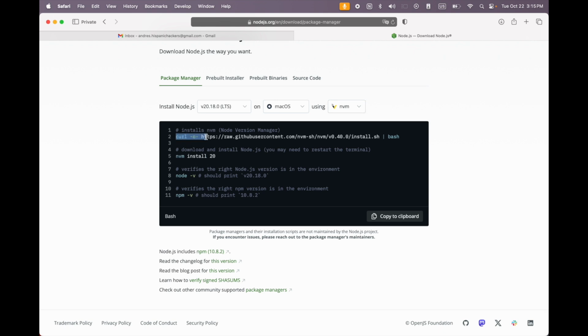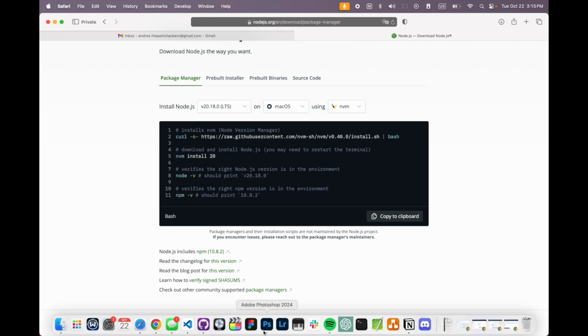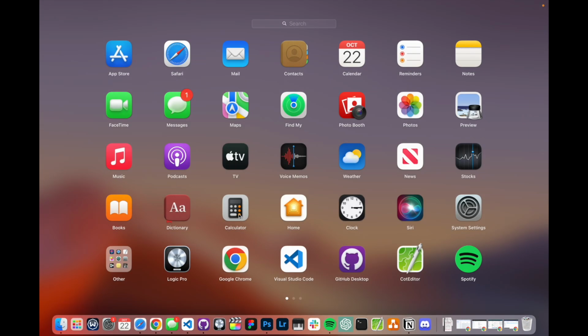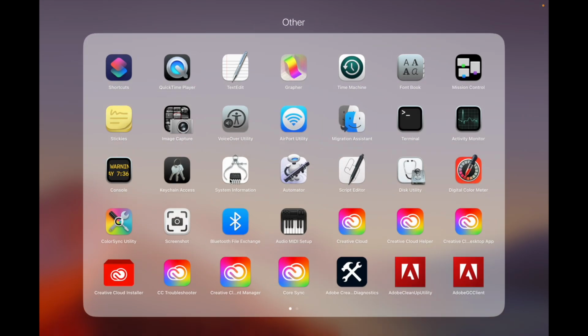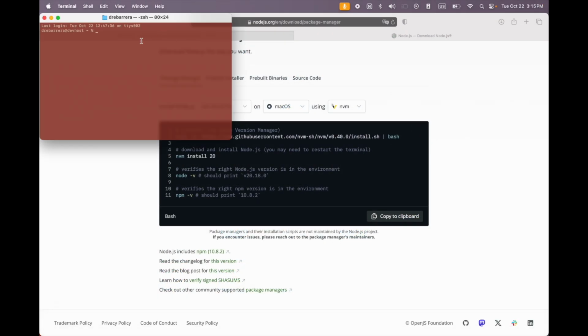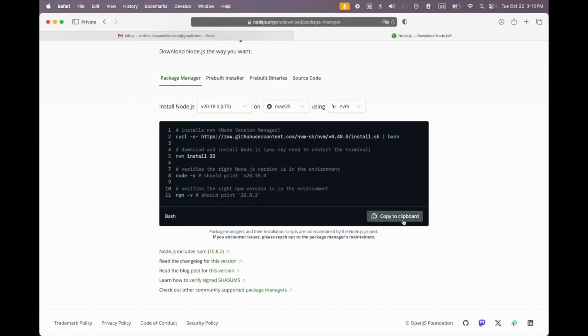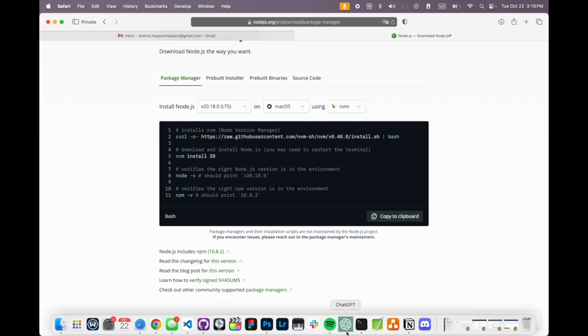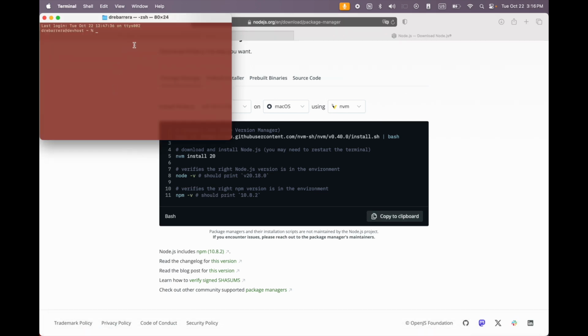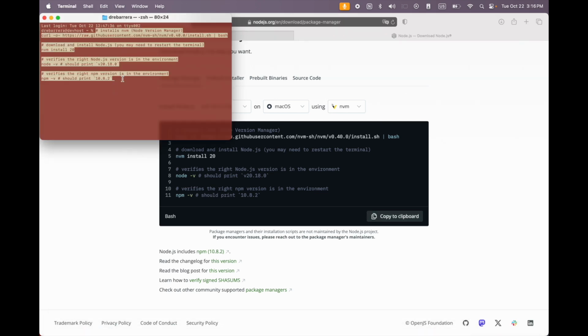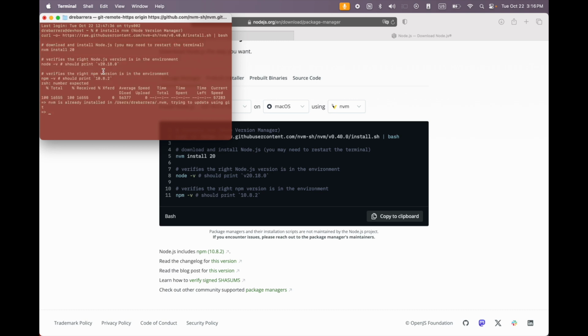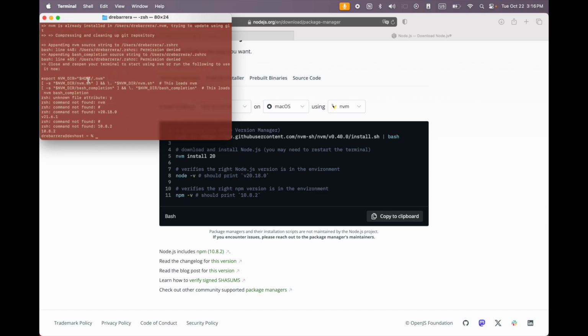So what you're going to want to do is copy this code and then head to your terminal. So for me, my terminal for Mac OS looks like this. It's in the other folder and it says terminal. And what I can do now is I can copy this code to the clipboard, come into my terminal, and I can paste. And all you have to do is paste and hit enter. And it will go ahead and download